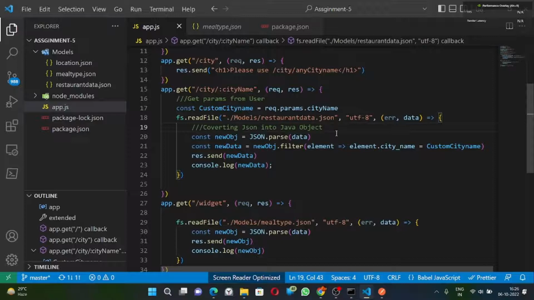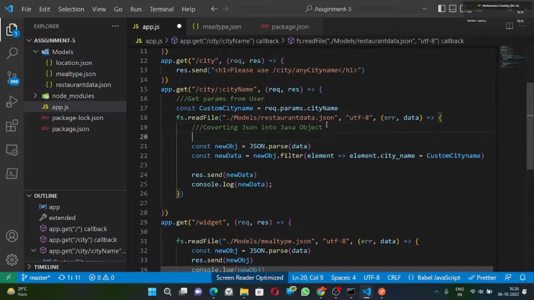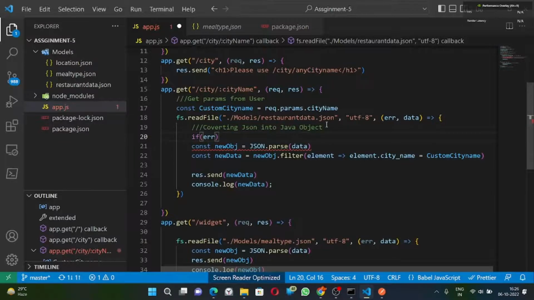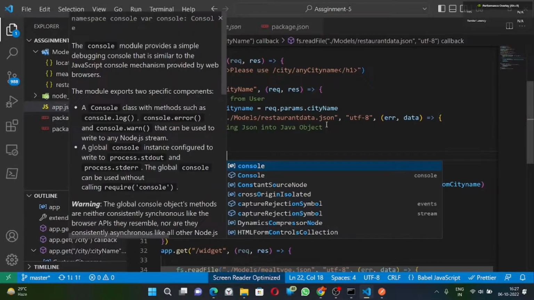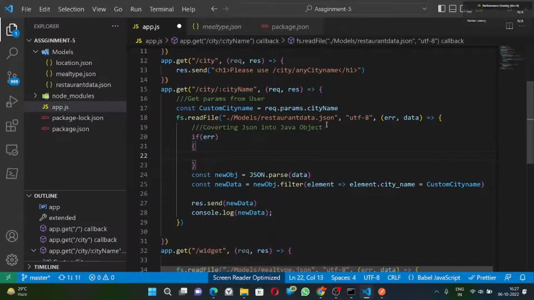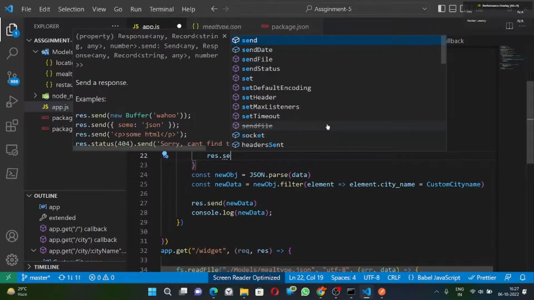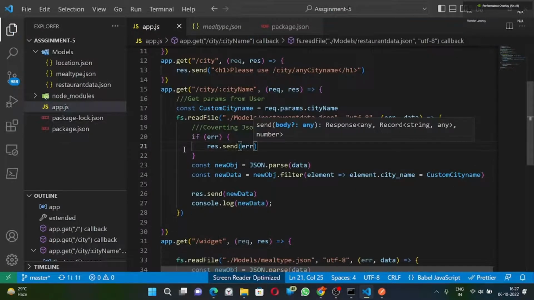Simply, what are we going to do here? I'm going to say, after that, if error, okay, I'm going to say send error, because it totally depends on our user, right? Send error, and if we get an error, send it, else